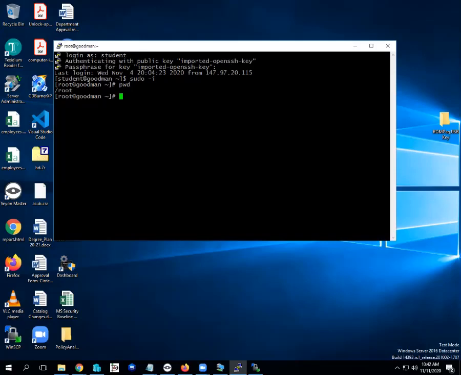Okay, so I'm in PuTTY. What I'm going to do, I'm going to change into the folder where my root web server is located. Hopefully you remember that we had to go into the root web link to edit the index.html file and make some changes. What I'm going to do, I'm going to first change directory and do a slash